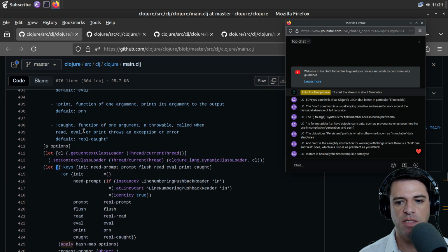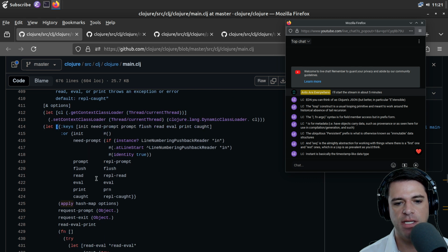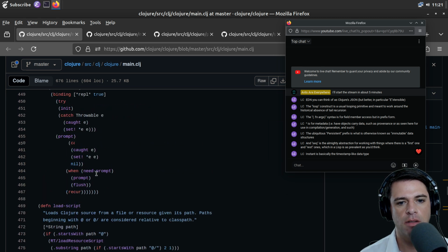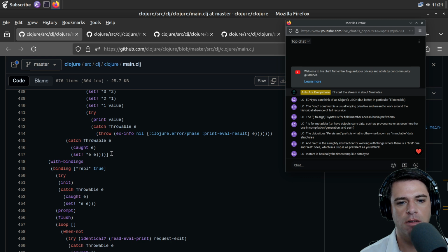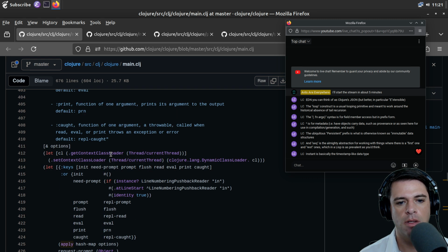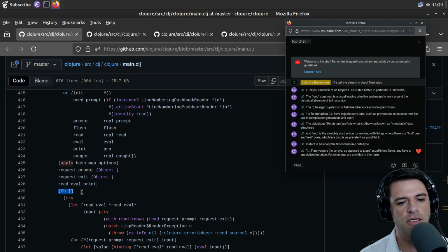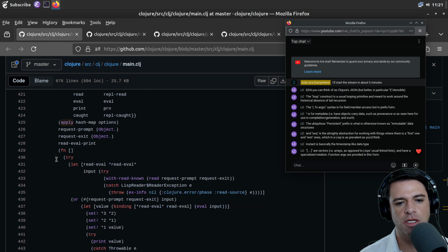This is the problem with Lisp. You have to figure out where all the parentheses end. But this, I'm going to guess, is aligned so that when we do terminate the bracket, it'll be down here. Or not. Maybe it's here. At any rate, I don't know syntactically what this is. Maybe this is defining the function read-eval print to be a function of no arguments. It's going to try some stuff. What is it going to try?